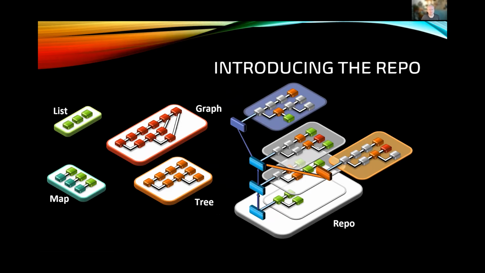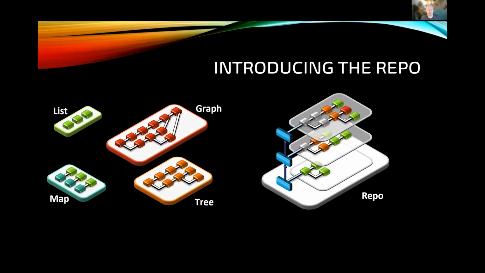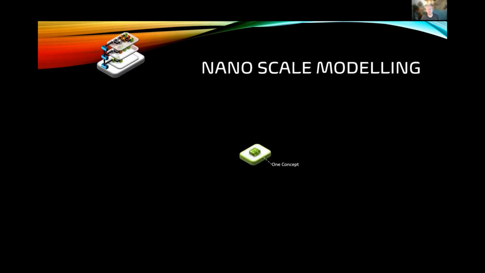Now that picture gets a little bit messy to keep drawing. So I'm just going to go back down to that simpler one with the 3 commits. The next idea for me is to explore the nano scale of modeling. I want to just spend a little bit of time on this because I found in my research that focusing on the nano scale and coupling it to the version control that the repo provides is actually the trick that we need to embrace.